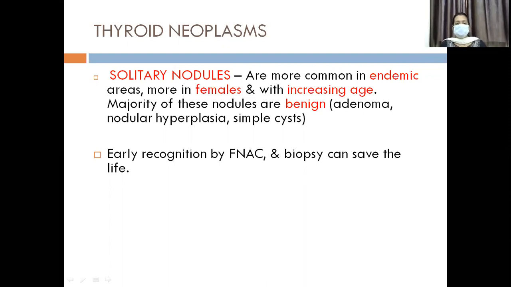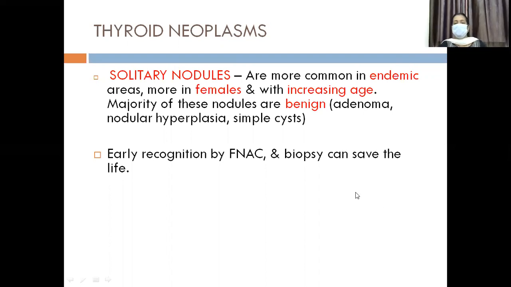Okay. So, the thyroid neoplasm, unlike a multinodular goiter, initially when it is benign or initially when it is involving just one lobe, is having a solitary nodule. It is endemic in nature, more common in females, seen in increasing age. So early recognition for any thyroid neoplasm is an FNAC, that is fine needle aspiration cytology, where you just